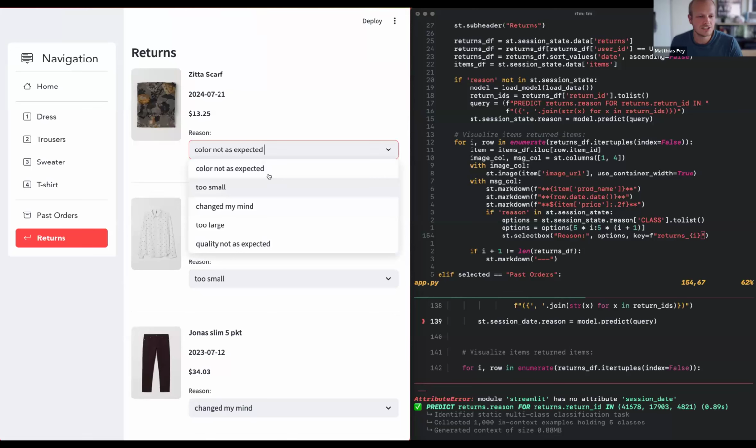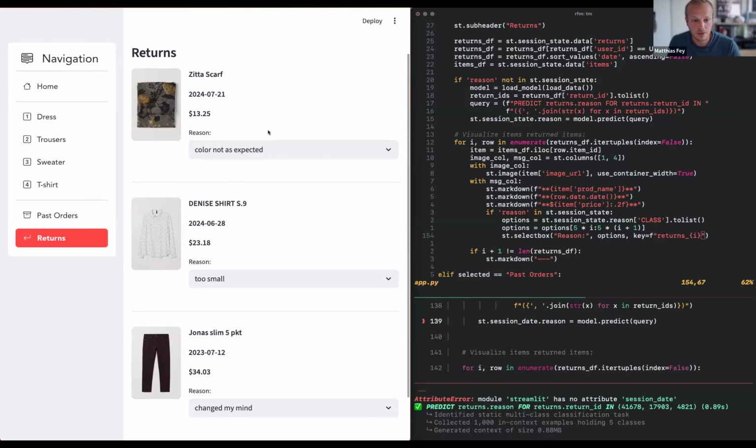Users can still change this here, but it's sorted by likelihood, so people do not have to search long to find their reason in the best case. And so this is basically the demo I wanted to show, and that shows how easy it is to integrate KumoRFM into